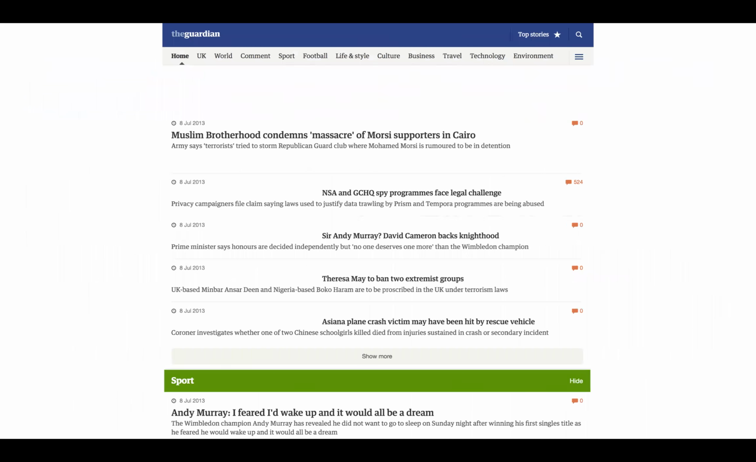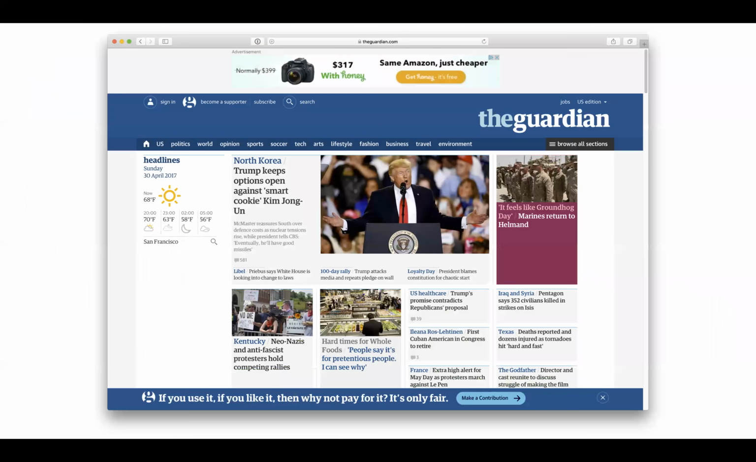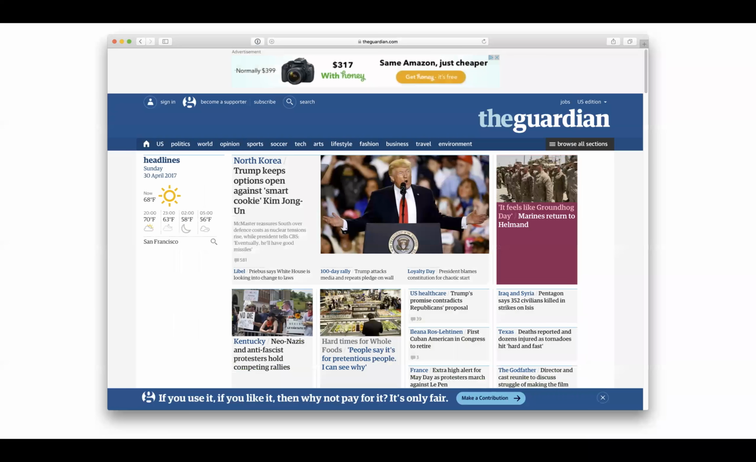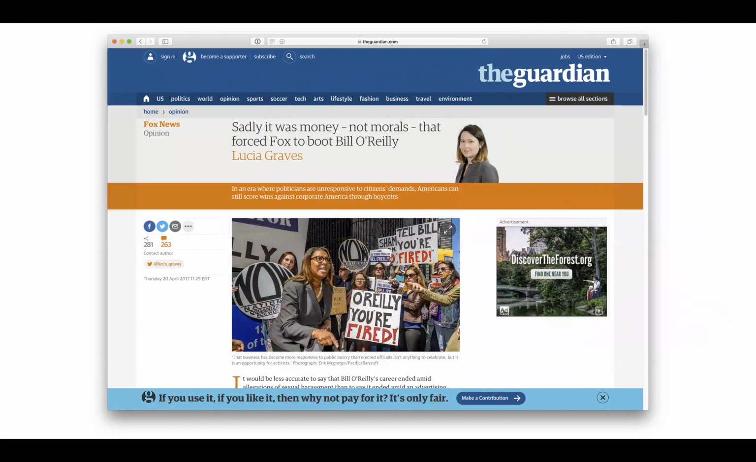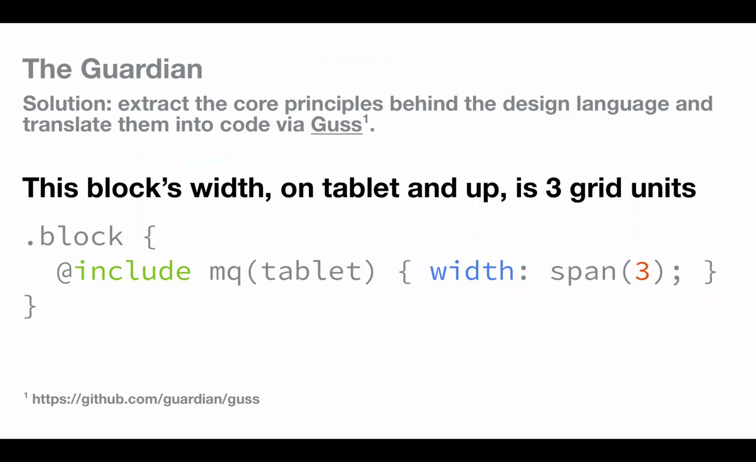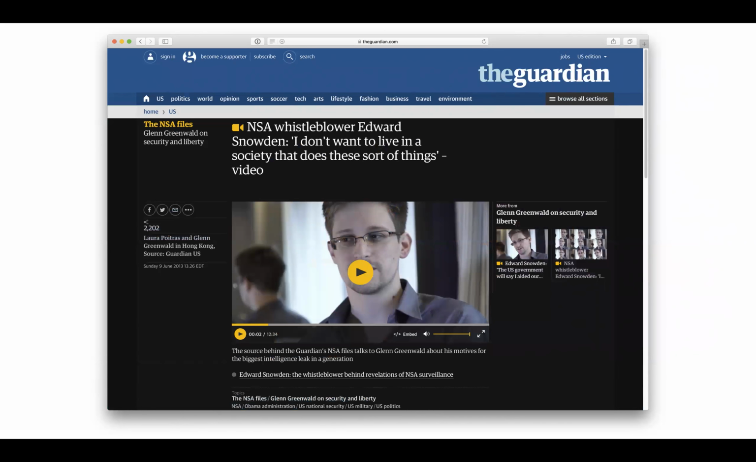So this is what it looked like when I arrived, and this is what it looks like today. You can tell there's a big difference between those two. This is by the fact that small iterations led to this amazing homepage. And as you go into the different pages of the website, so this is a story, an opinion story. This is a video story about Edward Snowden. And so you can tell these are pretty different templates, but at the same time, you can feel that